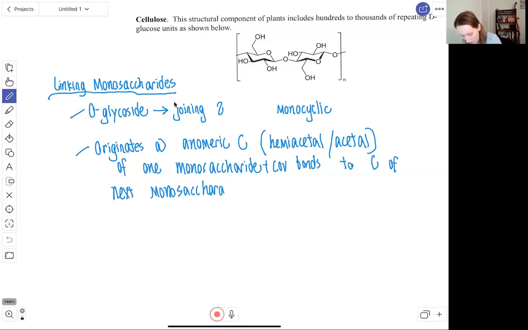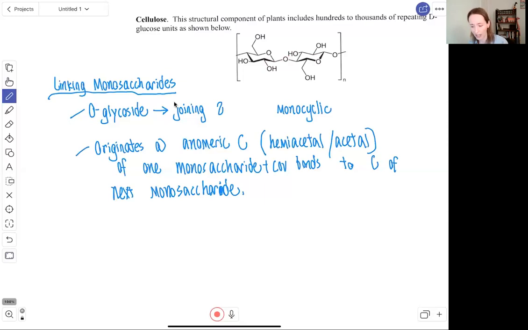Many of these linkages are catalyzed by enzymes that will guide which specific monosaccharide units should join and at what specific position of the ring they should link together. So the way that we describe who links to whom, in other words, which anomeric carbon of the first monosaccharide links to